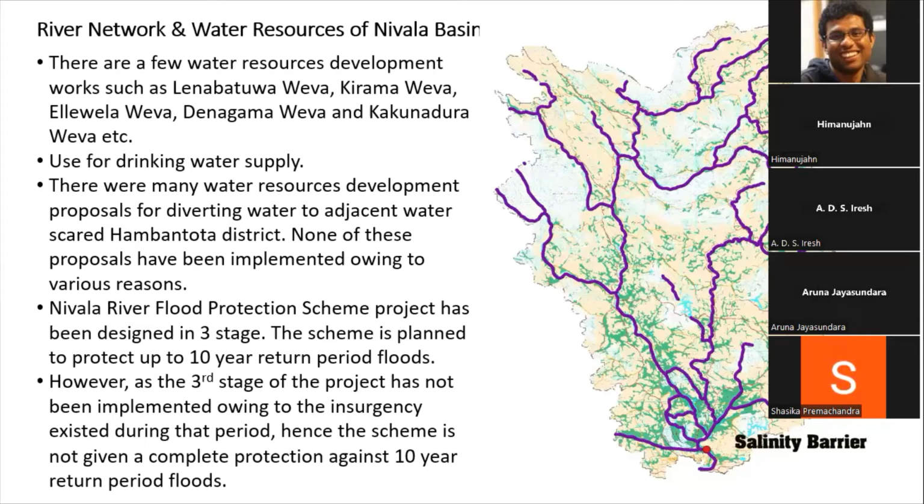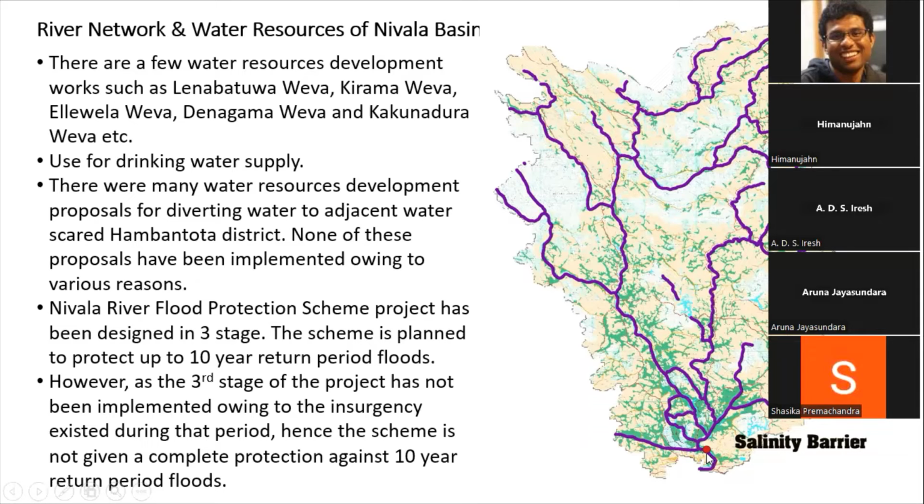So the Nilwala River has a flood protection scheme which was designed in the 1980s, and at the design stage there were three stages, and the scheme is planned to protect up to a 10-year return period flood. But however, due to the insurgency during that time, that project has not been totally completed, but it was completed halfway through. So you can see the basin and the river network, and where the salinity barrier